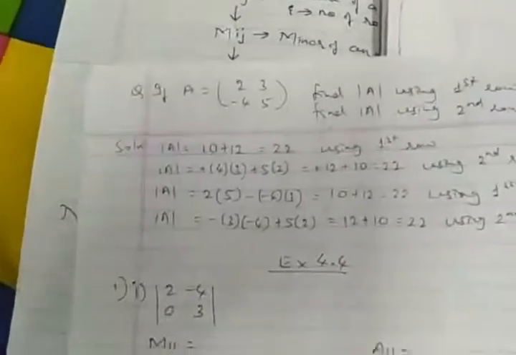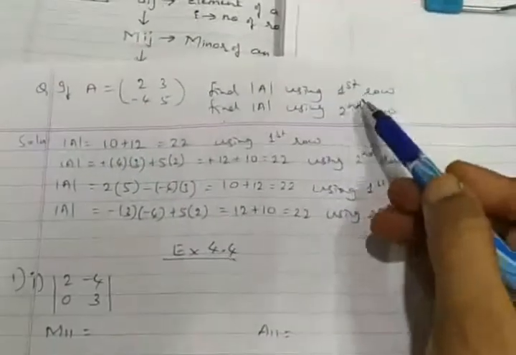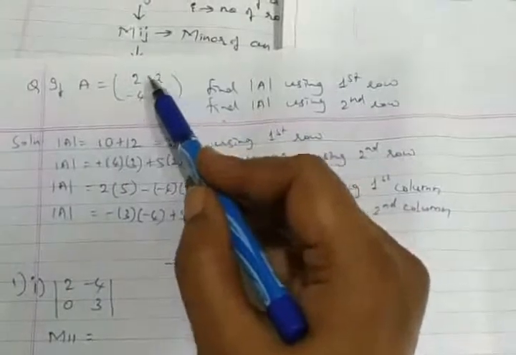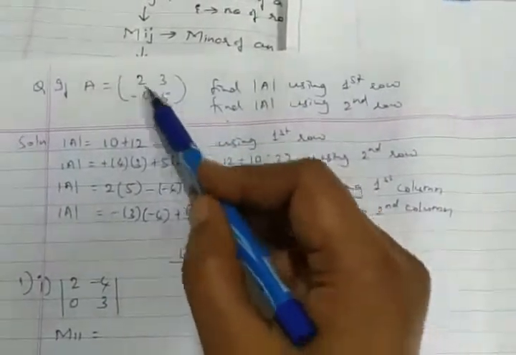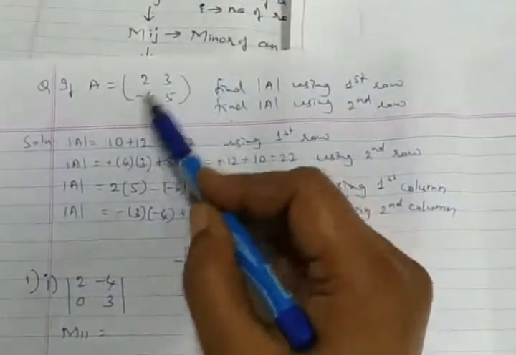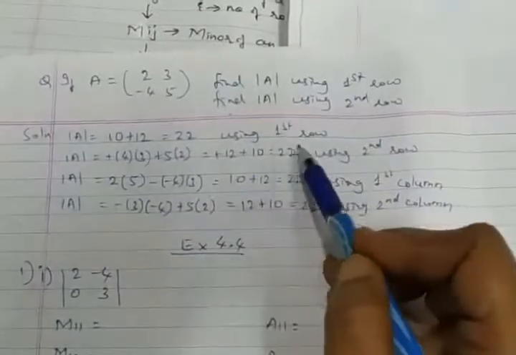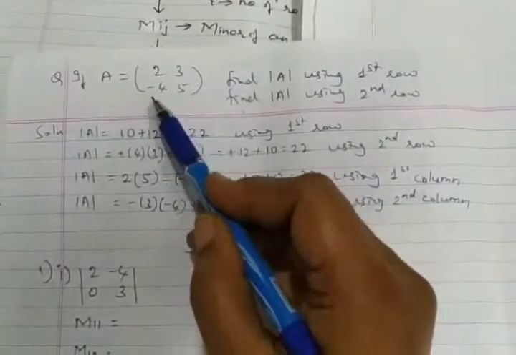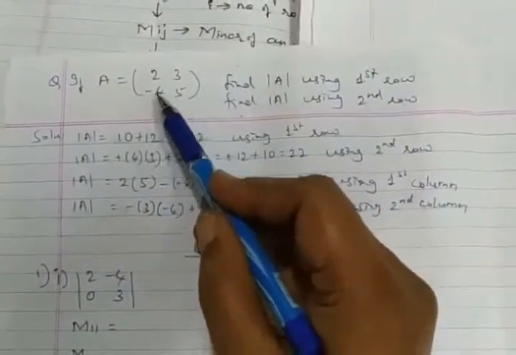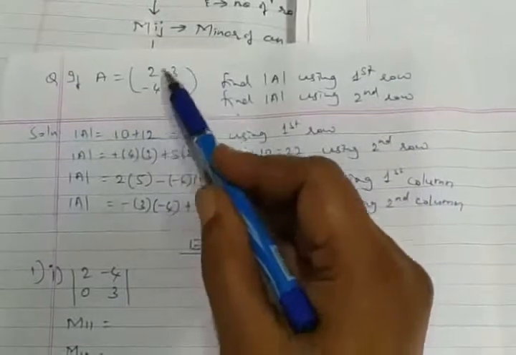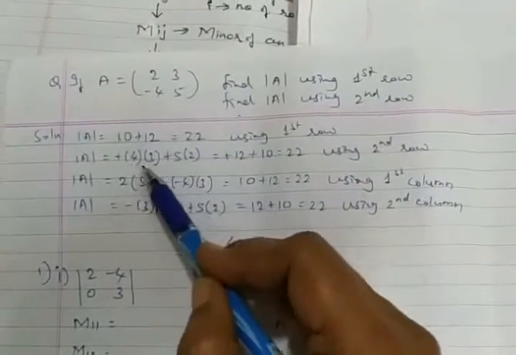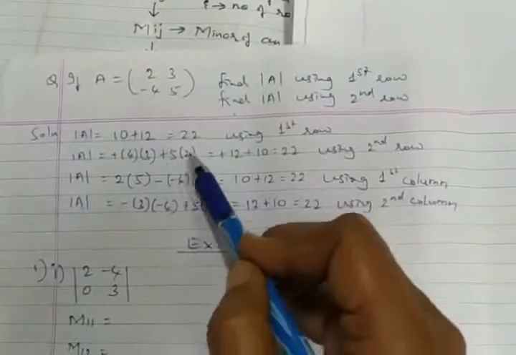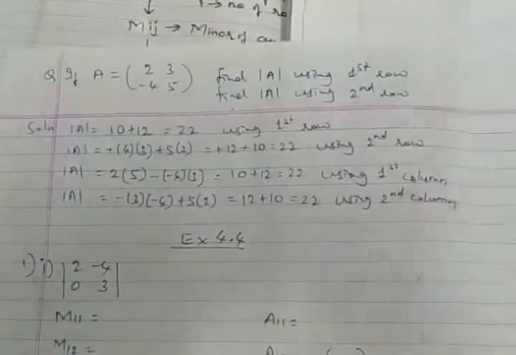Now one more example for 2 cross 2 I have taken here using the first row. First row, plus, minus sign. The product is to be taken accordingly, we have 10. Minus of minus, I should say it is plus 12, 22, it is plus 2. For the second row, I should write minus, plus, but the minus of the product should give us plus 12, which I have taken here, and 5 twos are plus 10. So we are left with 22 as the determinant value.